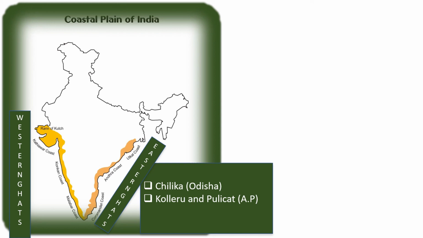And these plains extend up to about 100 kilometers in width along the Krishna Delta, and 130 kilometers inland along the Kaveri. These coastal plains are known by different names locally: Utkal coast in Odisha, Sarkar coast in Andhra Pradesh, and Coromandel coast in Tamil Nadu. And these deltas too are agriculturally developed. The important lakes in this region are Chilika in Odisha, and Kolleru and Pulicat in Andhra Pradesh, other important features of these coastal plains.